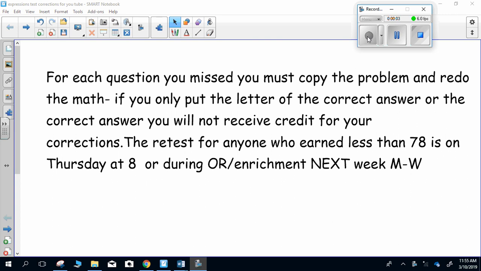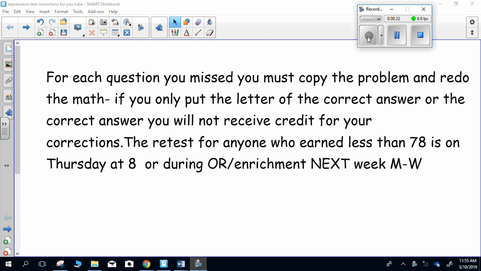Expressions, test corrections. For each question you missed, you must copy the problem. It's a word problem, just the numbers, and redo the math. If you only put the letter of the correct answer or the correct answer, you will not receive credit for your corrections. The retest for anyone who earned less than a 78 is on Thursday at 8 or during OR